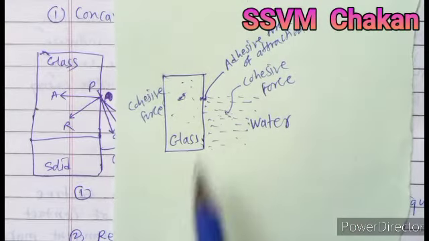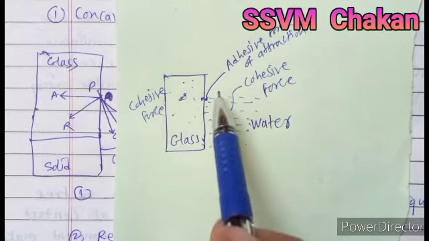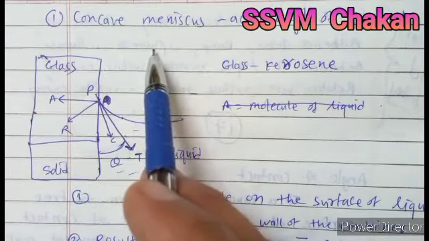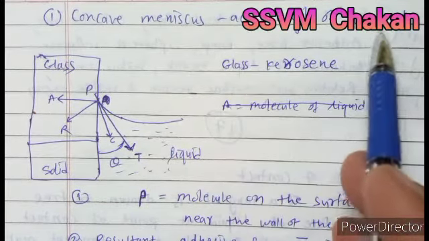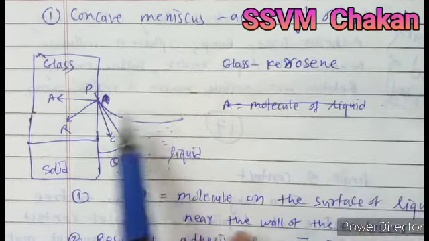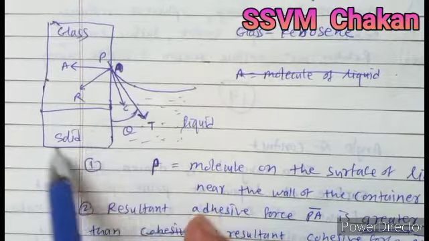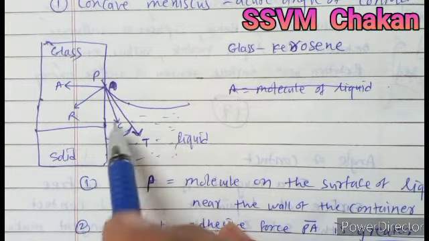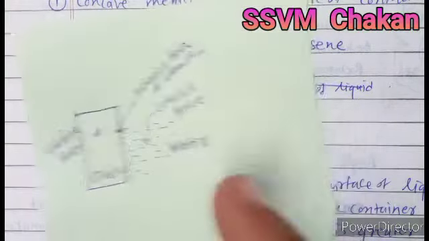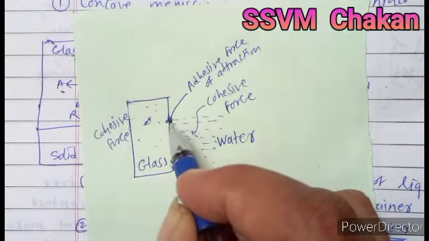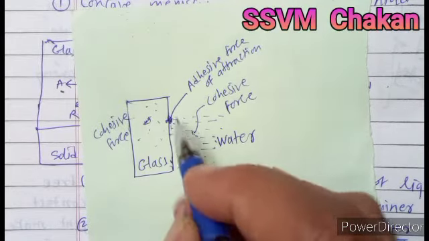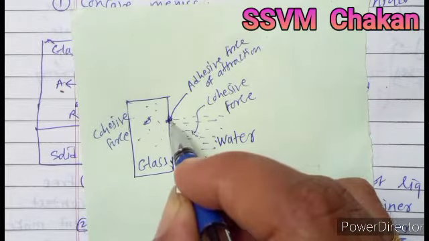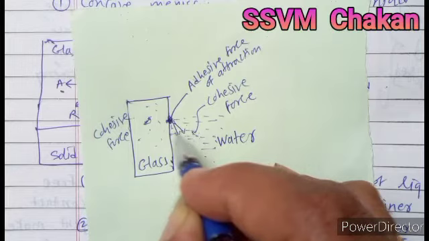We use these two forces, cohesive force and adhesive force, to explain the concave meniscus, also known as the acute angle of contact. So this is a glass material in contact with liquid. See, any molecule at the point of contact between the glass and water is attracted by the other water molecules